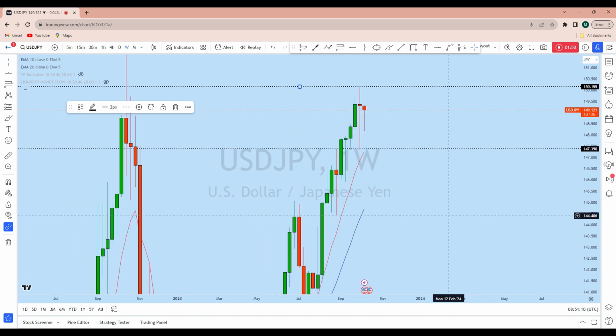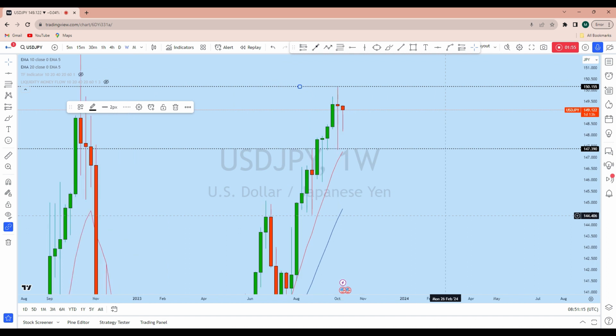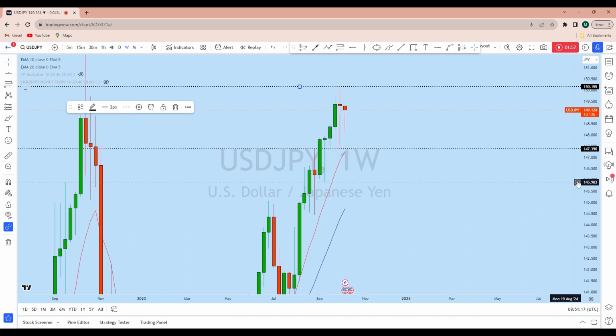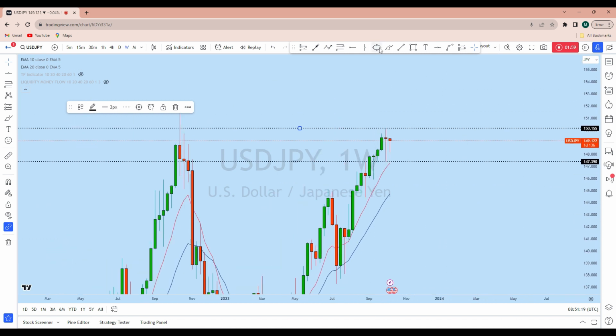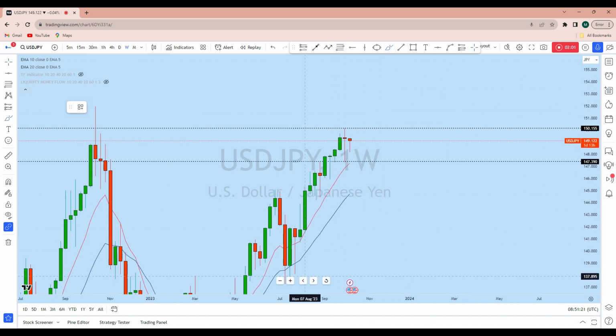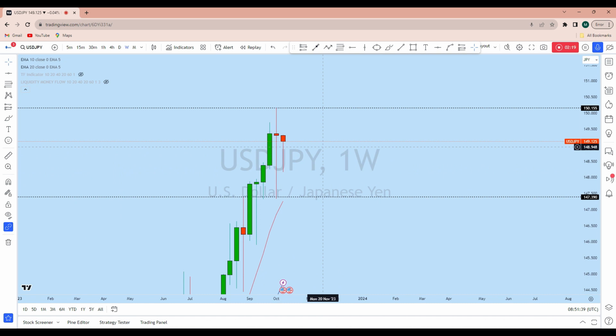Now looking at the weekly time frame to see the overall picture in the market. From the weekly we also see dollar yen showing significant bullish price action. If we look at this overall picture, we saw there was a long wick doji here on dollar yen. Also there are back-to-back two weeks of liquidity grab, followed by a long wick candle here. The previous week is also a bullish candle, and this week we saw an initial downside, which is also